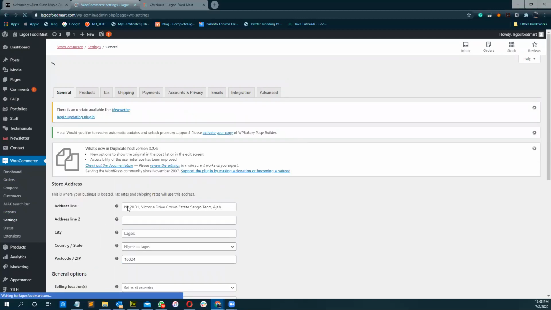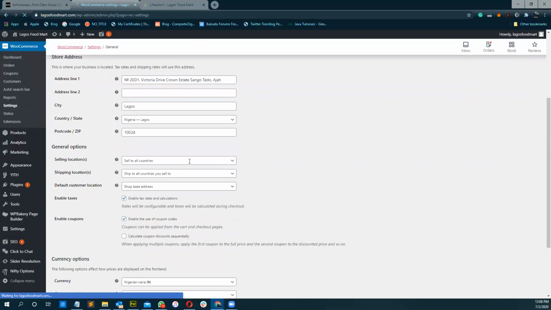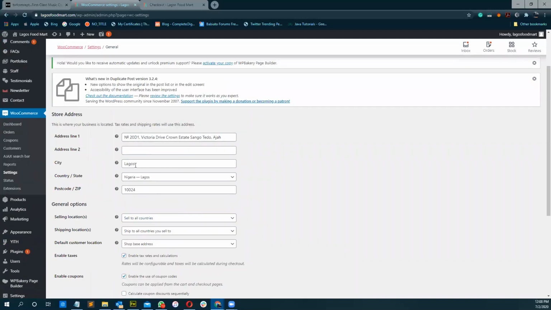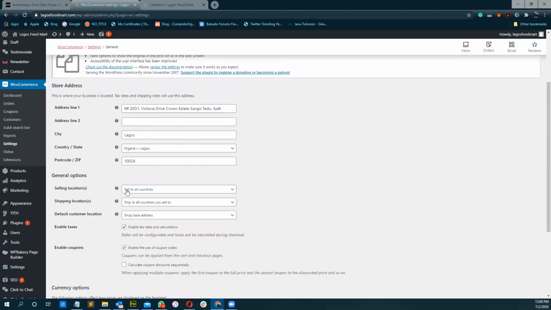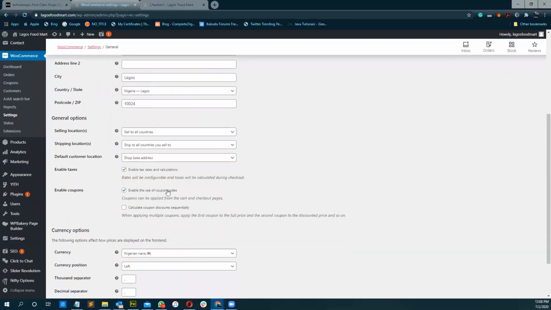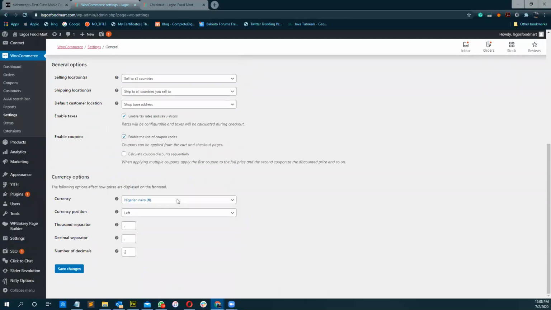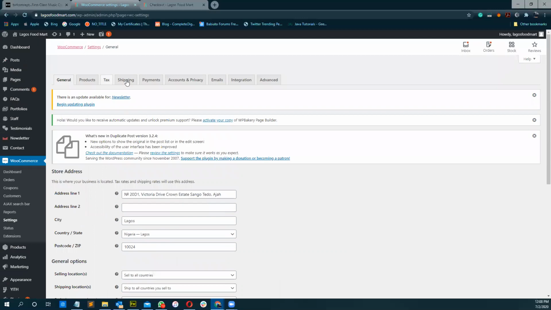So this is your address. This is the city, the country, the zip code. So you are selling to all countries. Enable tax. The currency is Nigeria. I've done all the settings already. So if you want to change your